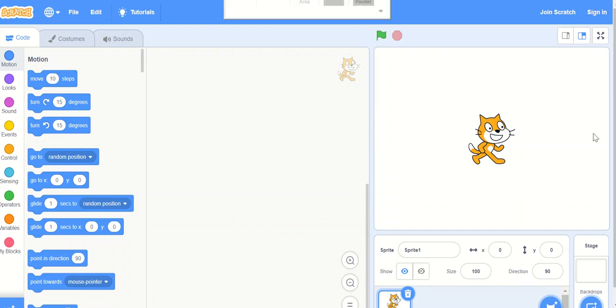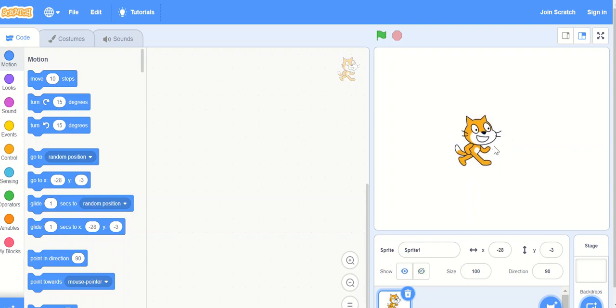Now we are all familiar with this Scratch interface. Let's recap the concepts again. This cartoon is known as the sprite. Basically, a sprite is the cartoon character that plays in our stories, games or animations. The area where it moves is known as the stage. So this is the area where it is going to play the stories or games.